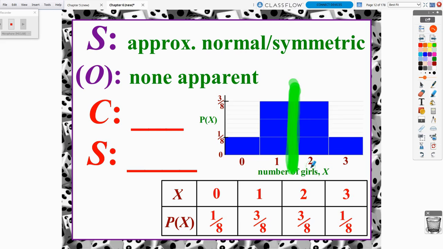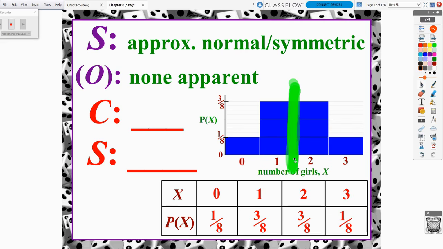Is that 2? Is that 1.5 girls? Can I have 1.5 girls on average? That seems kind of weird, right? And then what would the spread be? If I use the mean as this, is it like 1? Is it slightly less than 1 for a standard deviation's worth? I don't know. So we're going to use a different example here that's not as obvious, at least with the